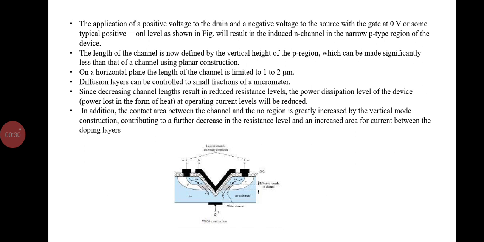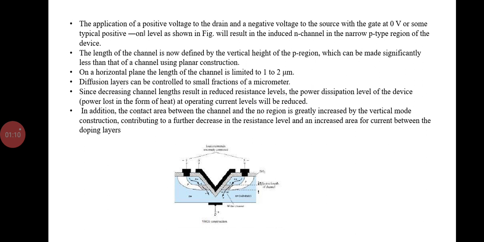from one of the planar nature to one with a vertical structure. All the elements of the planar MOSFET are present in the vertical metal oxide silicon FET: the metallic surface connection to the terminals of the device, the SiO2 layer between the gate and the p-type region between the drain and source for the growth of the induced n channel. The term vertical is due to the fact that the channel is now formed in the vertical direction rather than the horizontal direction of the planar device, and the channel has the appearance of a V cut in the semiconductor base,